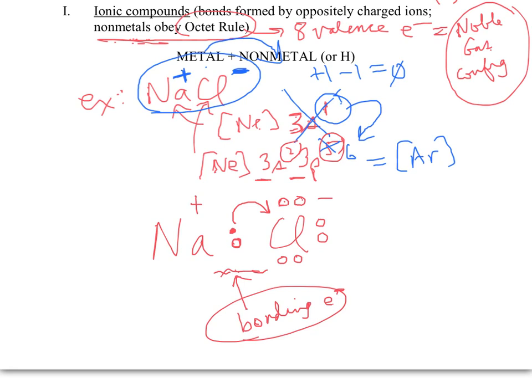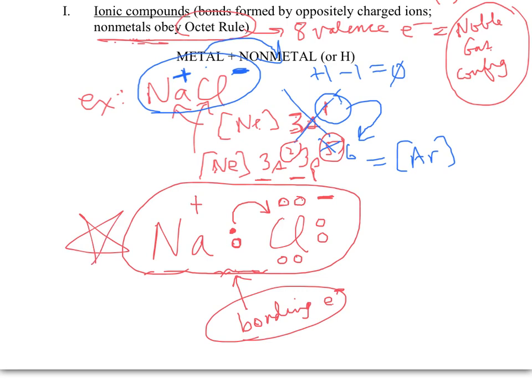Now, remember that chlorine was accepting the valence electron from the sodium, so now he has an electron that he didn't have originally. That makes him have more electrons than protons, so he's an anion. And then, of course, that's what makes the ionic bond. So there is the complete answer to the Lewis structure for a sodium chloride molecule or formula unit